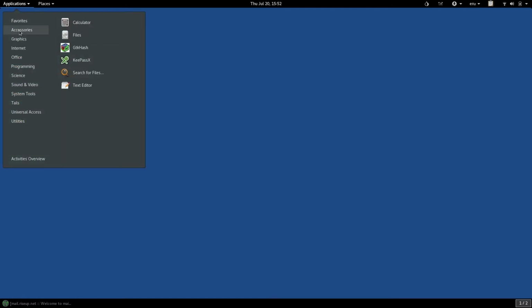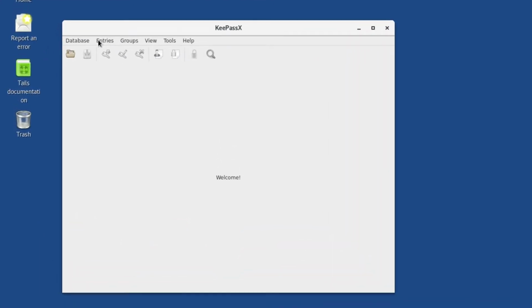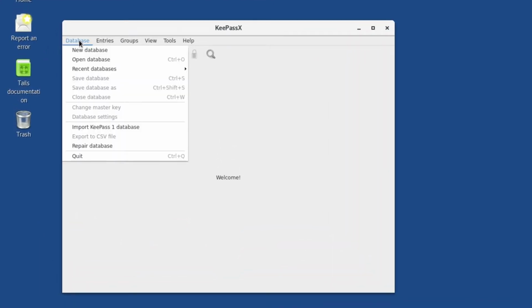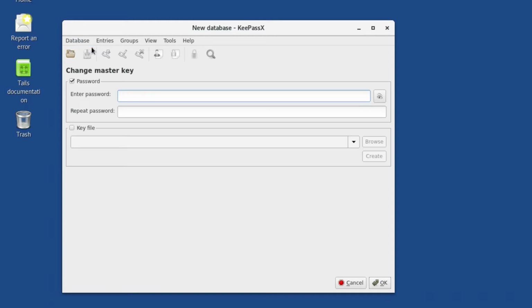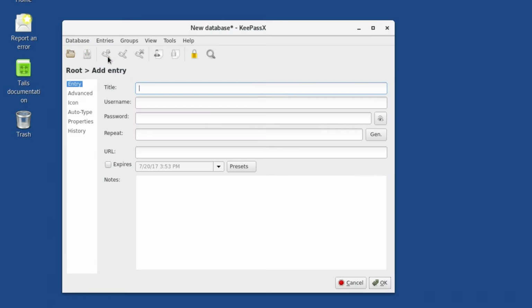To address this, Tails includes KeePass in its software. KeePass is an encrypted password database. When you start KeePass, you create a new password database and save it to your persistent folder. You place a master password on the KeePass database, which you will need to open it each time. But once you've done this, you can create entries for each of your web accounts.